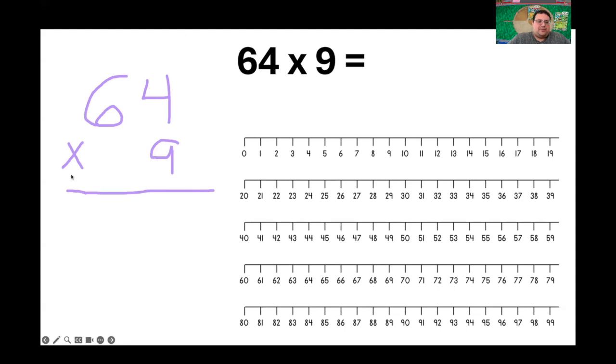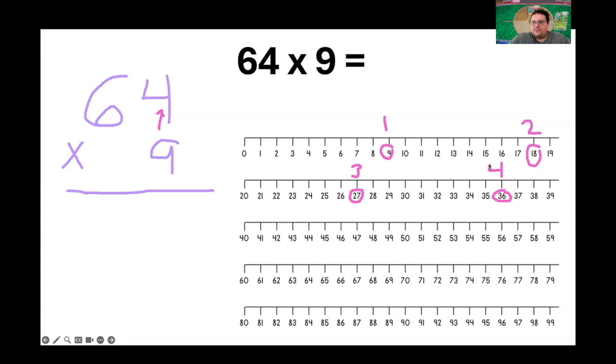All right, let's talk about how we want to solve this. Remember, what do I want to do? Start at the 9 and multiply straight up first. 9 times 4. We're working on our 9 times tables here. Let's do it. 9 times 1 is 9. 9 times 2 is 18. 9 times 3 is 27. And 9 times 4 is